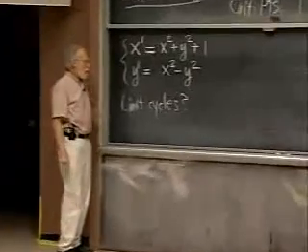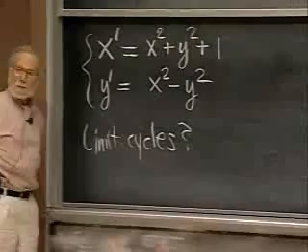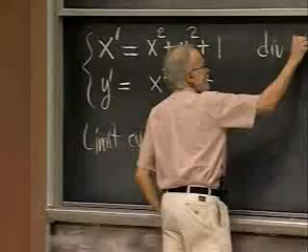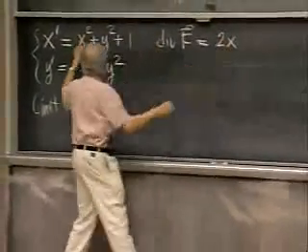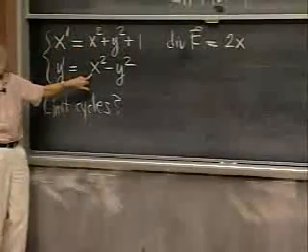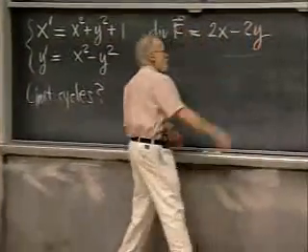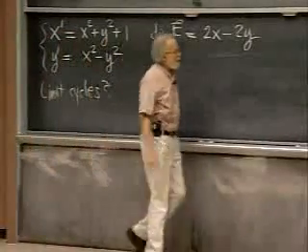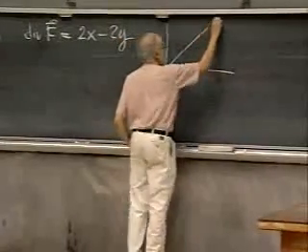Well, let's Bendixson it. We'll calculate the divergence of the vector field. The partial with respect to x of the top function is 2x. The partial with respect to y of the second function is negative 2y. Well, that certainly could be 0. In fact, this is 0 along the entire line x equals y. Its divergence is 0 here,